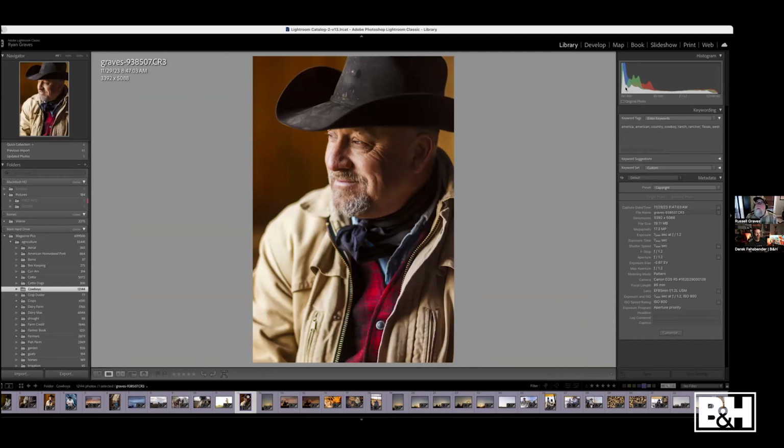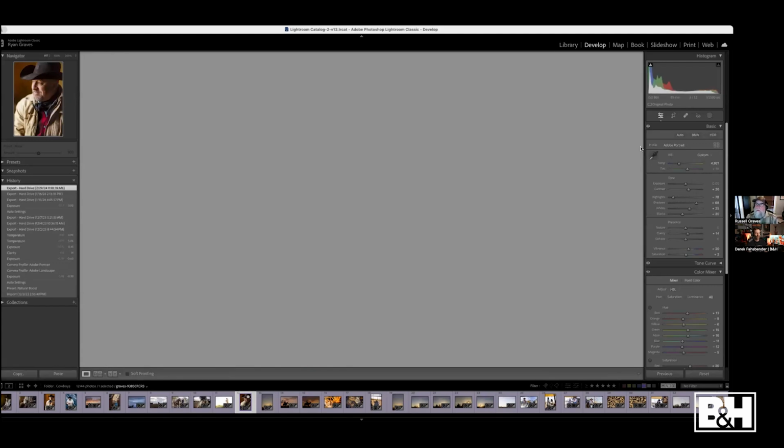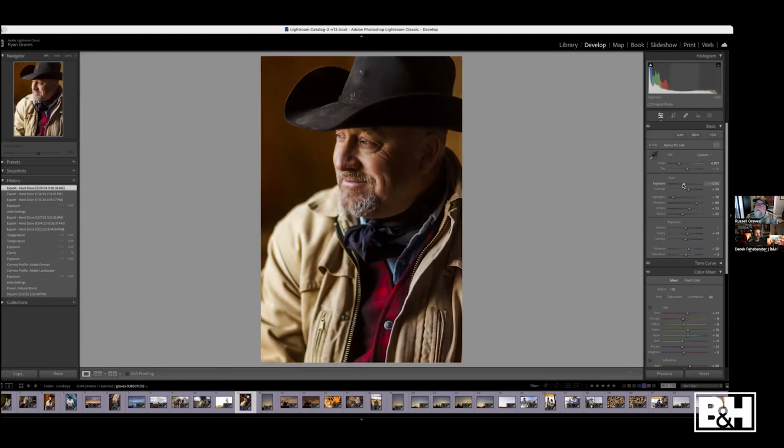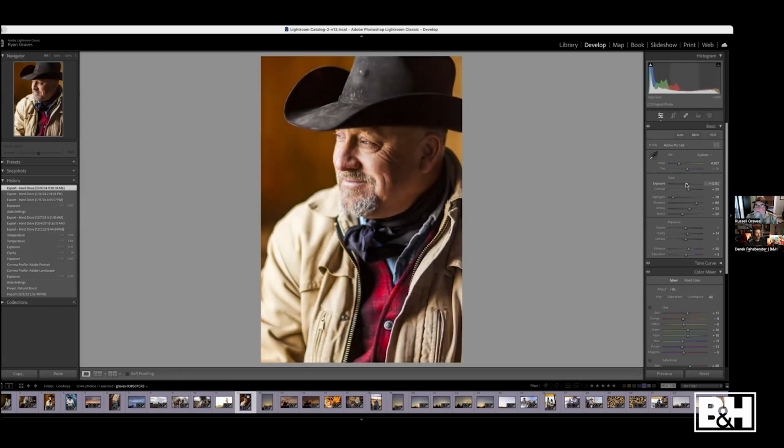And the one way I use the histogram a lot is on this one. We've got kind of a hot spot there, and I'll use it to help guide me, like if I'm going to go in my develop module, to help guide where I need the exposure to be. Because if you can see as I move that exposure too dark, all that stuff kind of starts going off the rails. And so essentially what I try to do is keep